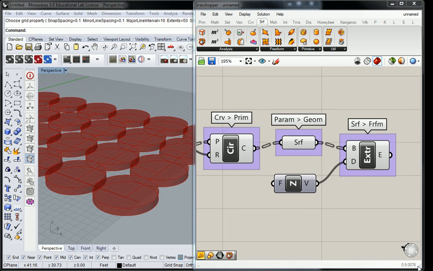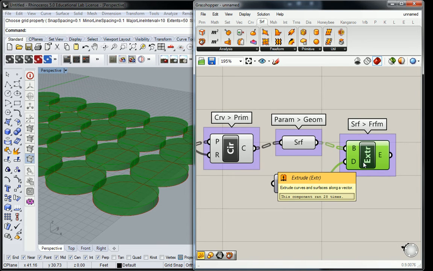Okay, so at this stage, we've been successful in creating extrusions. Those extrusions are considered solids, just like you would create an extrusion of a surface in Rhino. Actually, I should say the relationship that you need to understand between Rhino and Grasshopper in terms of